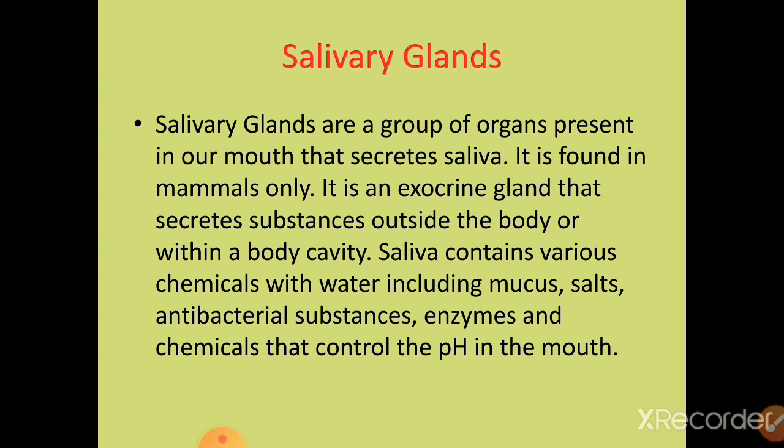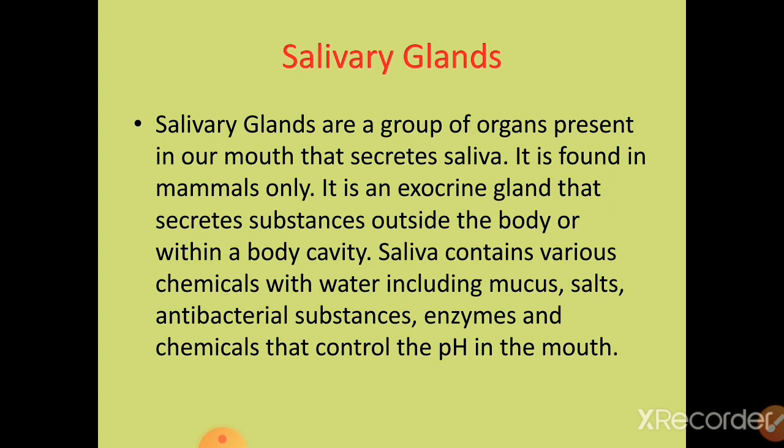Salivary glands are a group of organs present in our mouth that secrete saliva. It is found in mammals only. This is one of the peculiar features of the mammals. It is an exocrine gland because it flows through the duct. This is secreted through the duct, that's why we call it an exocrine gland. Later you will know in class 6 the difference between exocrine and endocrine glands. But right now you just remember that it is an exocrine gland that secretes substances outside the body or